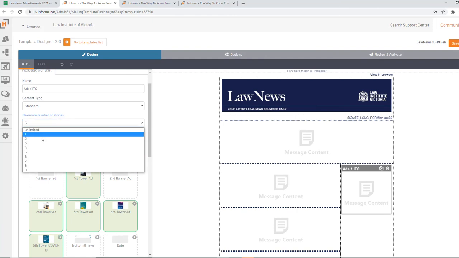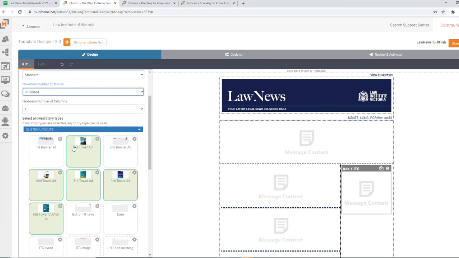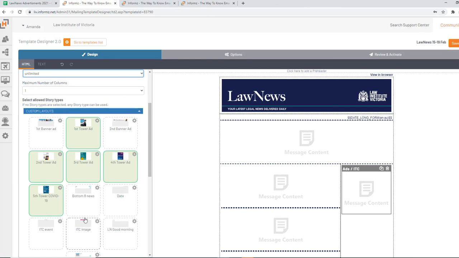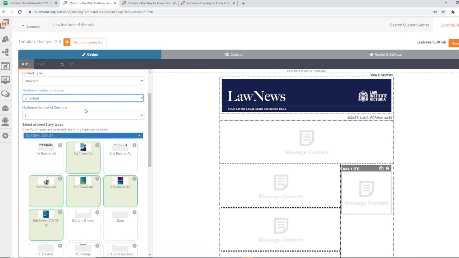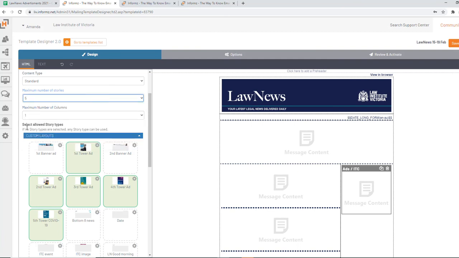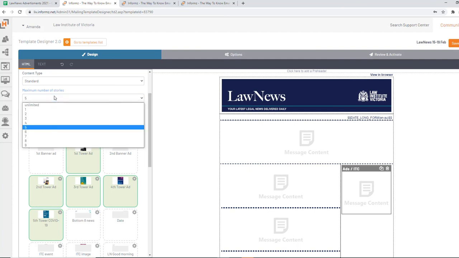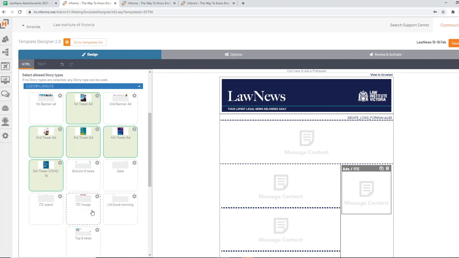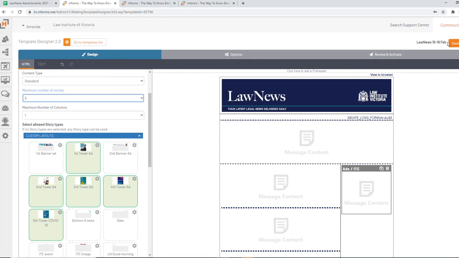The reason we had it at unlimited prior was because we used to do in the community. So when you commence in the community, you will need to change this back to unlimited. For now, I'm going to leave it as 5. However, you can just come back into the same spot and change it to unlimited. The reason we have it at unlimited is so we can keep adding items or events for in the community. I'm going to keep it at 5, click save,